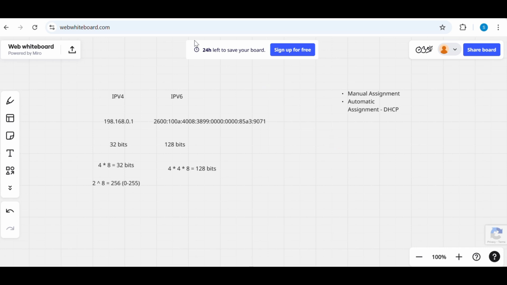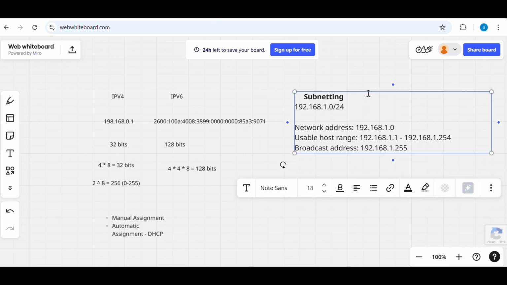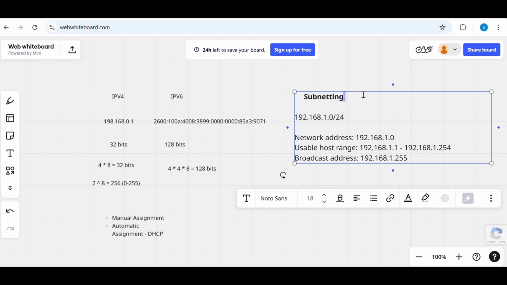Now we'll talk about the subnetting part, where we are dividing the network into smaller networks. Like we have taken many IPs, and now we are dividing or organizing them into smaller networks. So how does that work? Subnetting is dividing any network into smaller networks, or dividing a network into devices. So in subnetting we use something like this: